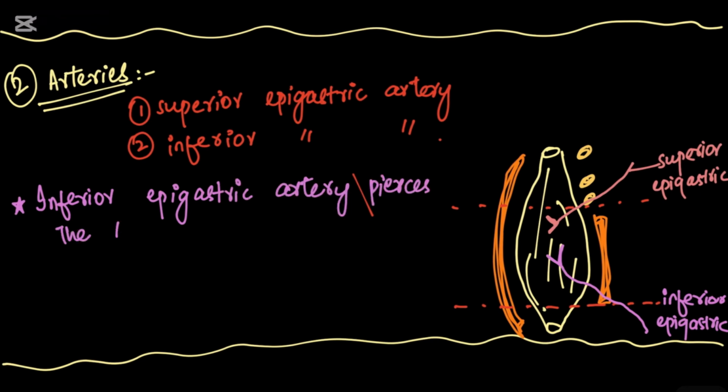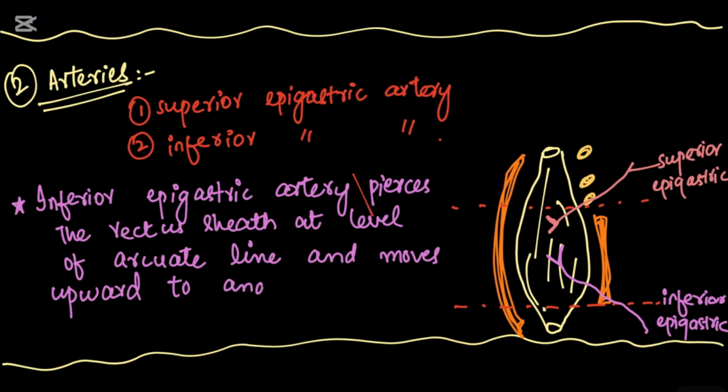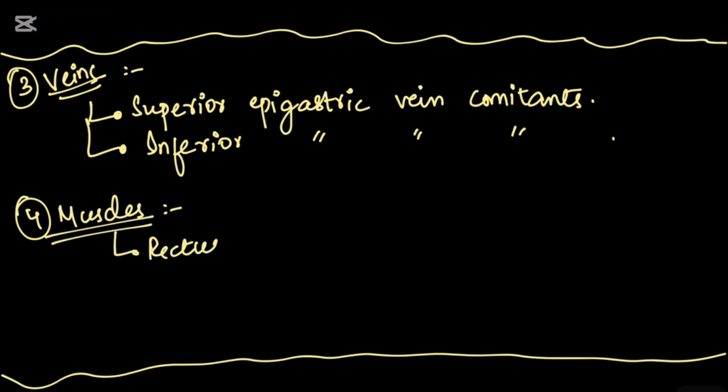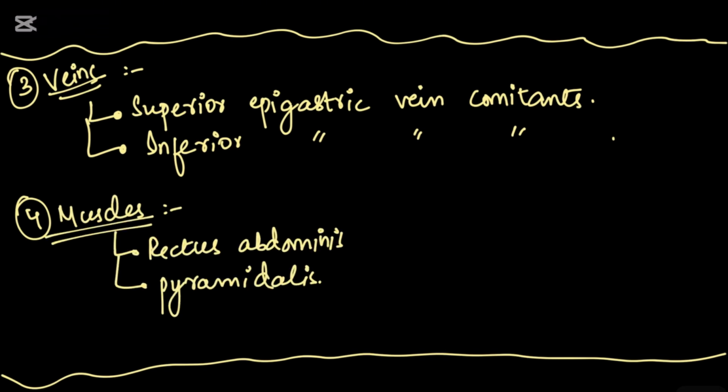Inferior epigastric artery pierces the rectus sheath at the level of the arcuate line, moves upward to anastomose with the superior epigastric artery. And veins: superior epigastric vein, inferior epigastric vein. Now muscles: rectus abdominis muscle, pyramidalis muscle,